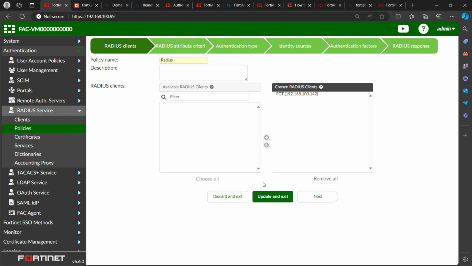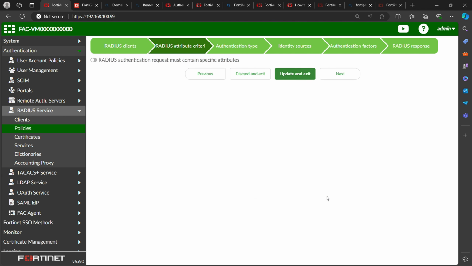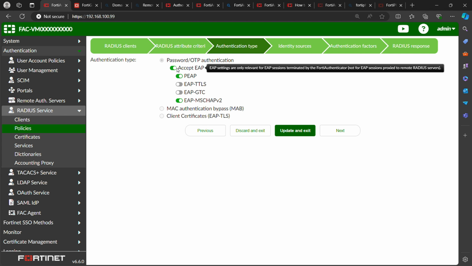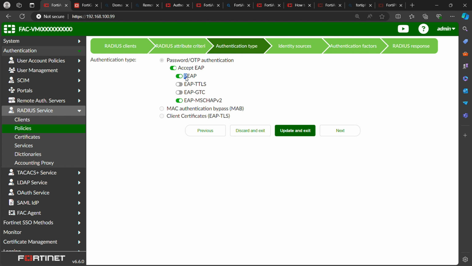Then click next. Under this, you might not need to give it anything. Click next. Under RADIUS authentication type, you click accept EAP. Click on accept PEAP protocol. Then you click on EAP